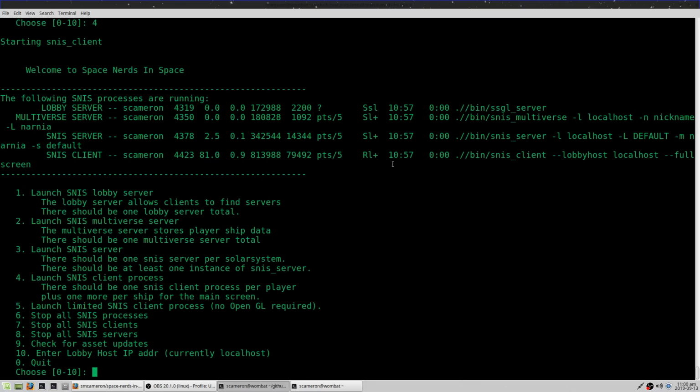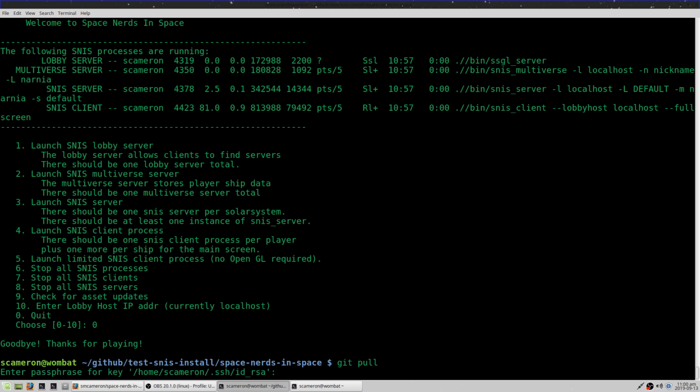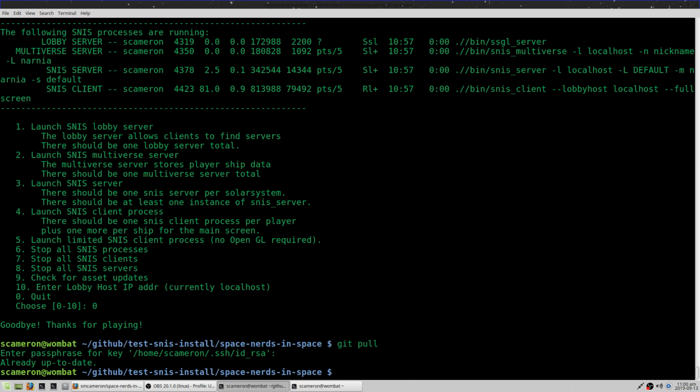The other thing that can happen is, let's say you've installed the game and some time has passed and there are more updates to the game and you want to get those updates, and you do git pull. And okay, I'm already up to date because obviously I just cloned this. But let's say some more changes got pulled down. When that happens, you want to do make mostly dash clean